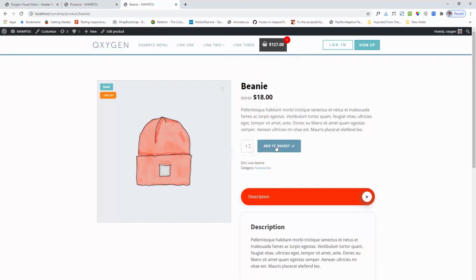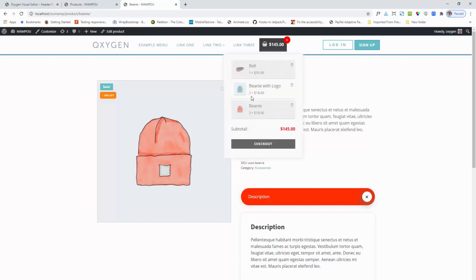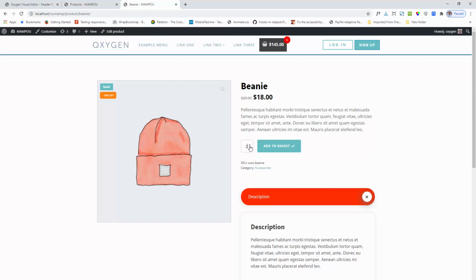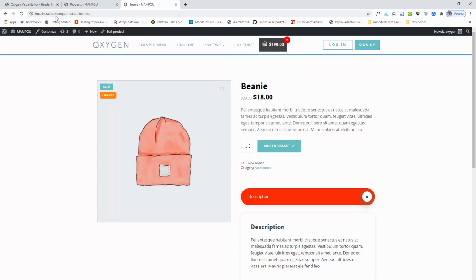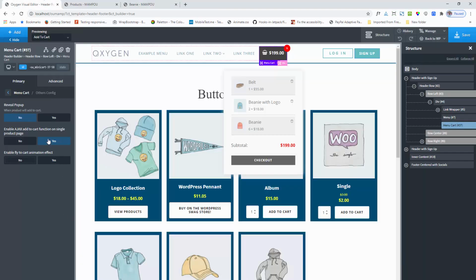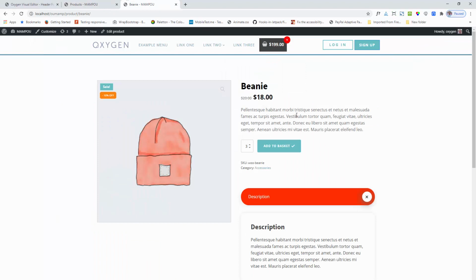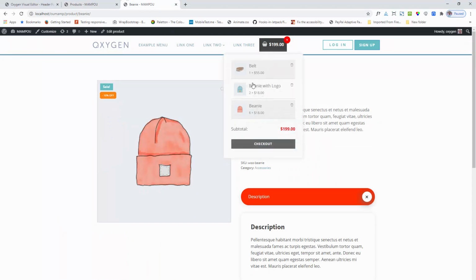If I add again, you can see that it is changing. Again I am adding, and you can see that the counter is changing. So when I am enabling these options, the single product page is not refreshing and the product is added to the cart automatically.